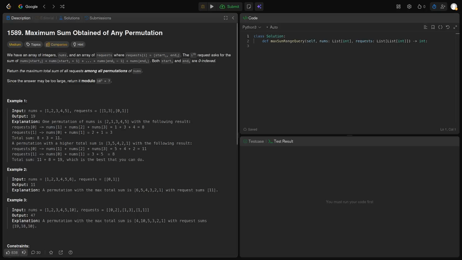Today we got problem 1589, maximum sum obtained of any permutation. So we have some requests, and if requests just want the subarray sum, right? And now let's say that we get the sum of all requests for a permutation, and we want to find the permutation which has the maximum sum, and we do it modulo this,